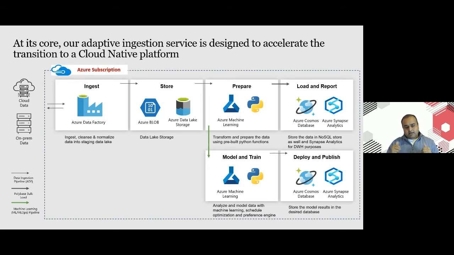And then the second flavor that we have applied here is we have packaged all of this into a Terraform script, right? So not only is the stitching of the solution seamless, but deployment is also very seamless, right? To deploy the solution, it's very easy. You just need to create 5 resource groups in your Azure cloud structure, one for your key vault, so you can manage your credentials, one for your data factory, so you can package all the data movement components, one resource group for your Cosmos DB and Synapse, and another one for machine learning, right? So that way it becomes very easy to port from one environment to another, one client to another, and becomes overall easy.